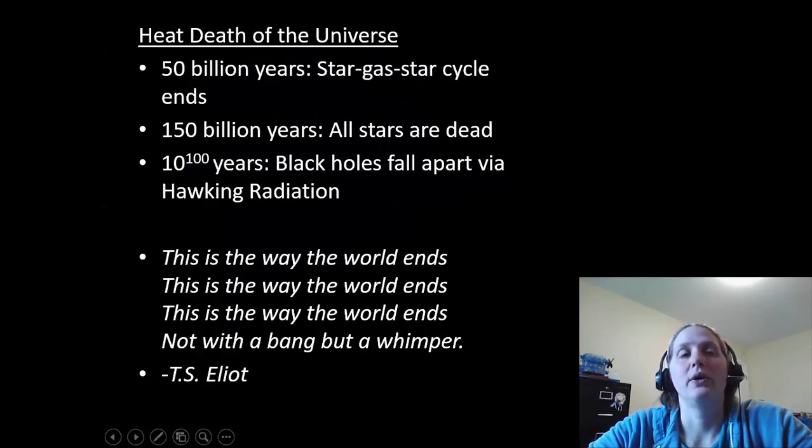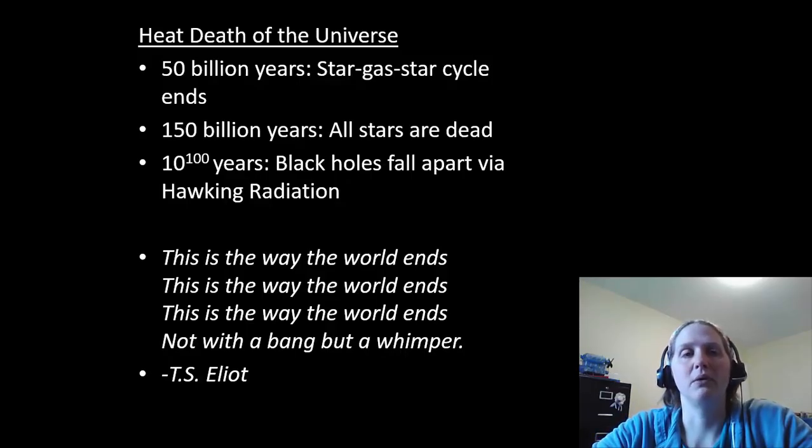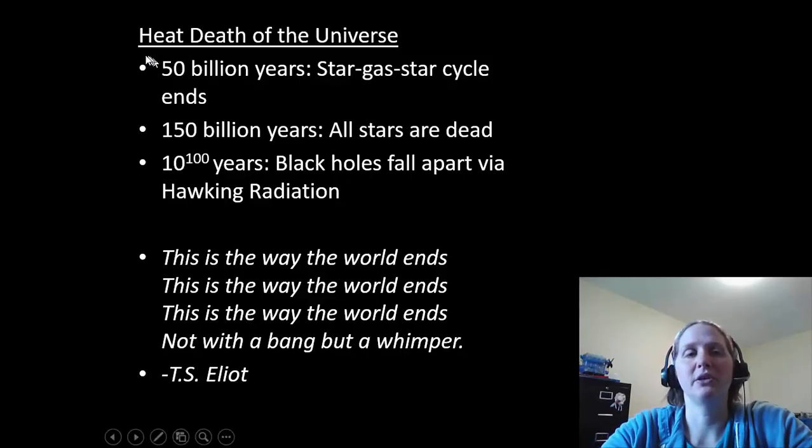So, what will happen to the universe if we live in an accelerating universe that's not going to go through a Big Rip? In about 50 billion years, most of the galaxy should run out of nebulas, so you're not going to be able to form any new stars. Low-mass stars, once they're formed, can last for about 100 billion years, so let's hop into the future and wait until all the stars are dead. You're going to end up with galaxies just basically filled with white dwarfs, neutron stars, and black holes. And I'm sure the black holes will gather up some of those other objects.